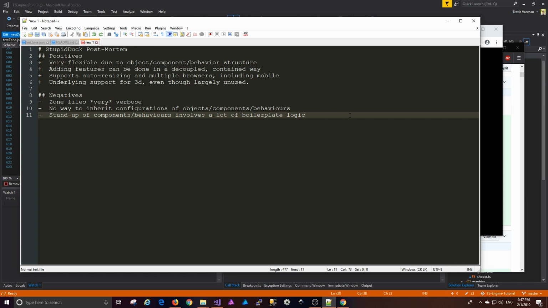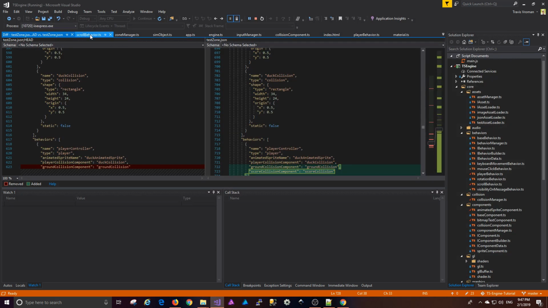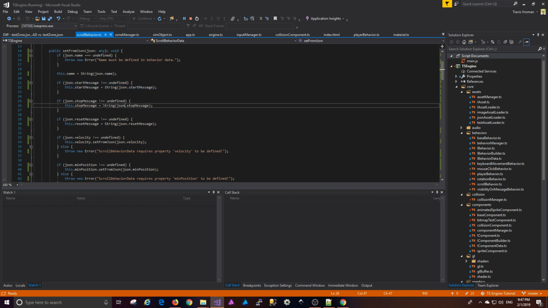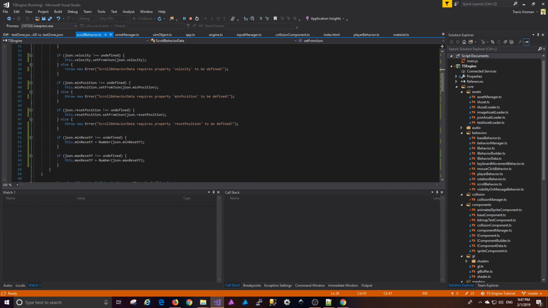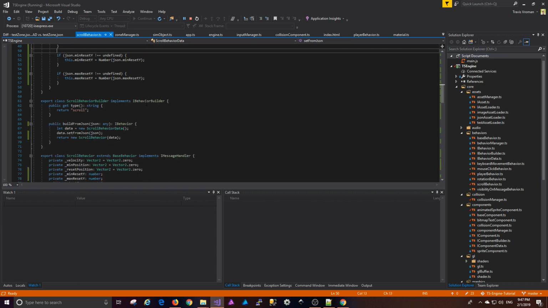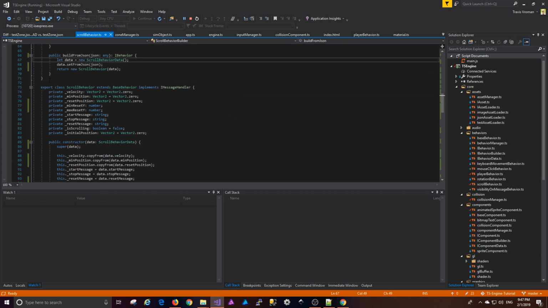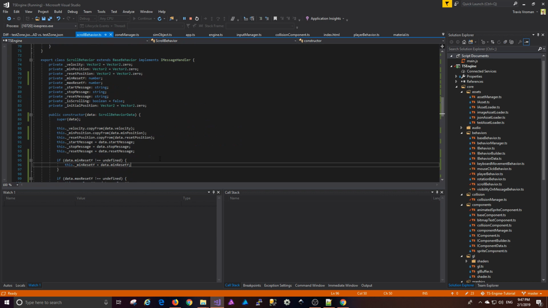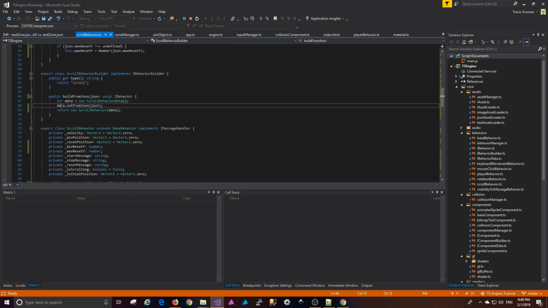So the stand-up of components and behaviors involves a lot of boilerplate logic. And what I mean by that is, like, if we look, and I even sort of mentioned this a few times, that we have to create this data class, which has all this stuff in here to extract the properties from JSON, and optionally throw errors in some cases, convert its types, maybe set from JSON. And then we also have a builder, and then we also have the actual behavior itself. And the behaviors themselves, for the most part, aren't that complicated. But if you look at this scroll behavior, for example, close to a half of the file is just boilerplate